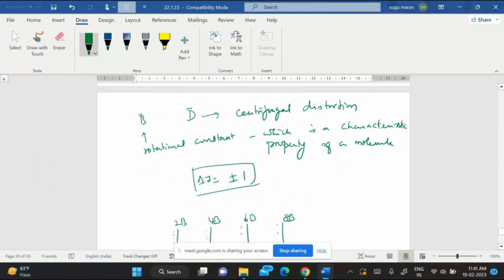So the best approximation for a rotating molecule is a non-rigid rotator. Assuming it as a non-rigid rotator is